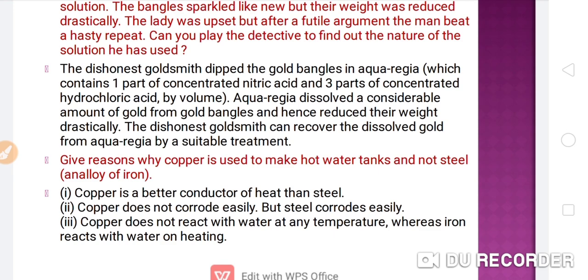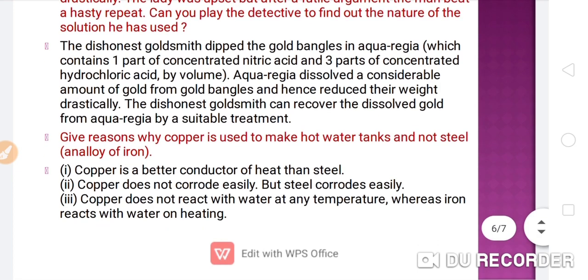Okay, come to the next question, beta. Give reasons why copper is used to make hot water tanks and not steel, an alloy of iron. So copper is a better conductor of heat than steel. Copper does not corrode easily, but steel corrodes easily. Copper does not react with water at any temperature, whereas iron reacts with